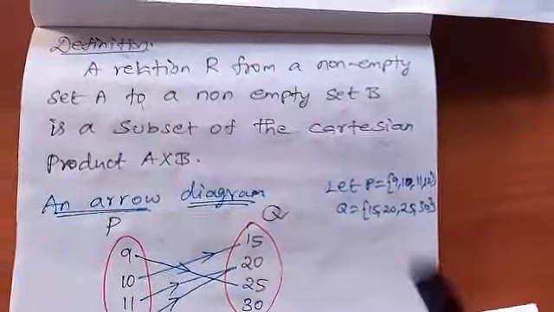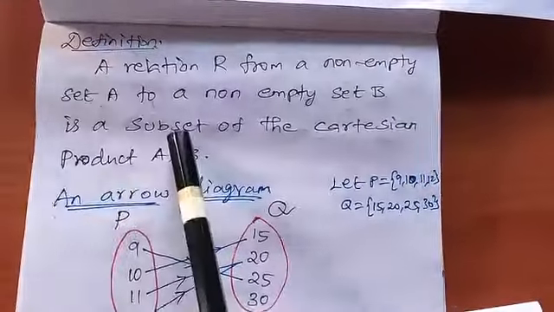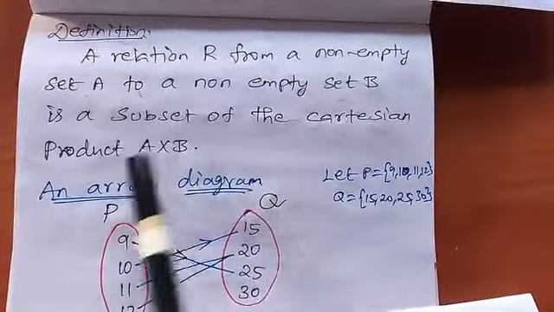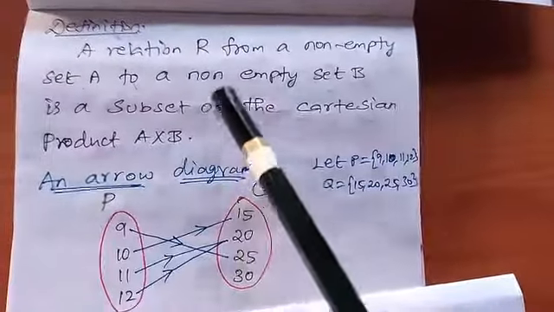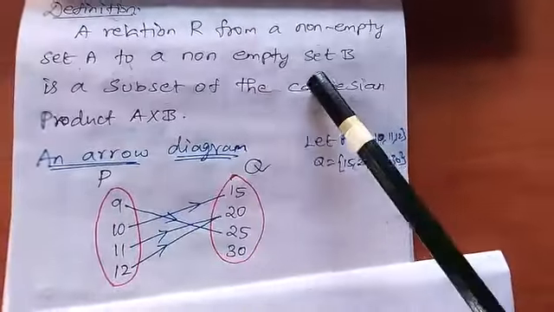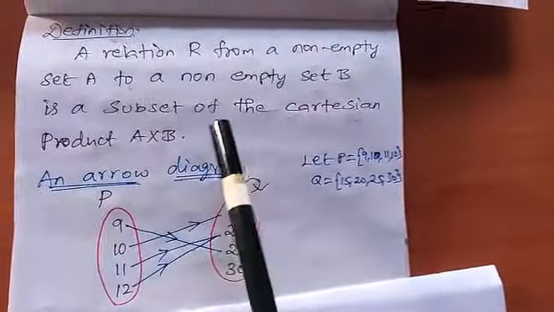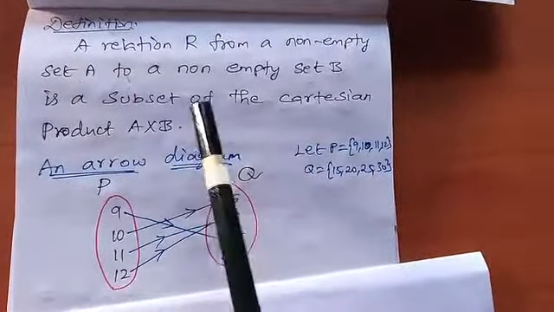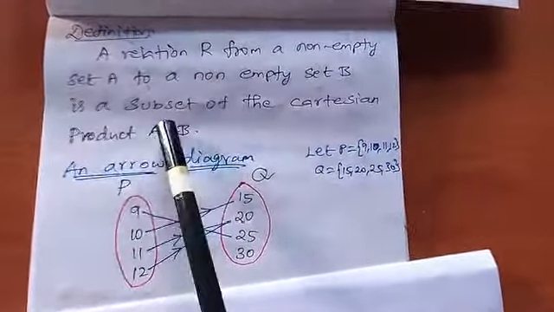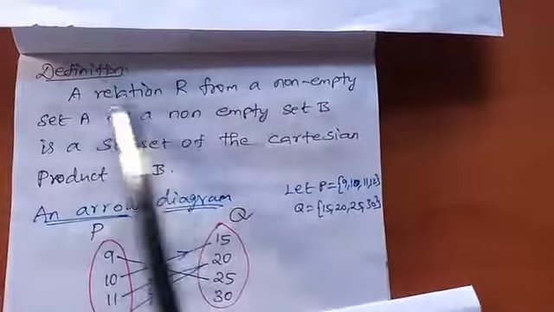Okay. The definition: a relation R from a non-empty set A to a non-empty set B is a subset of the Cartesian product A cross B. So this is the definition. Previously we saw P as 9, 11, 12 and Q as the names of the students. The product gives us 15. In that we paired, right? 9 with one boy's name, 11 with three boys' names. Likewise, we get 5 pairs. So R becomes a subset. Only a subset of the Cartesian product will become a relation.